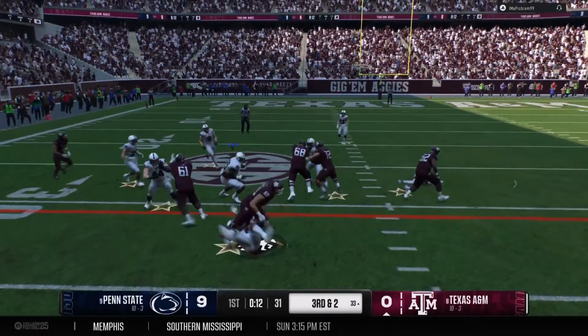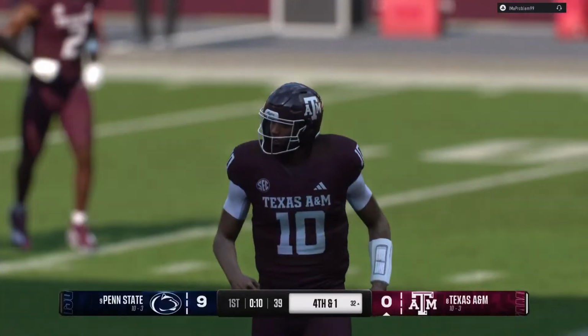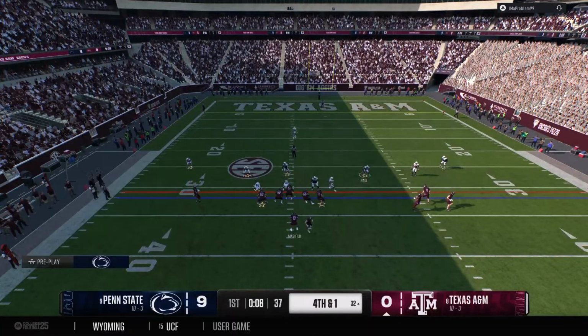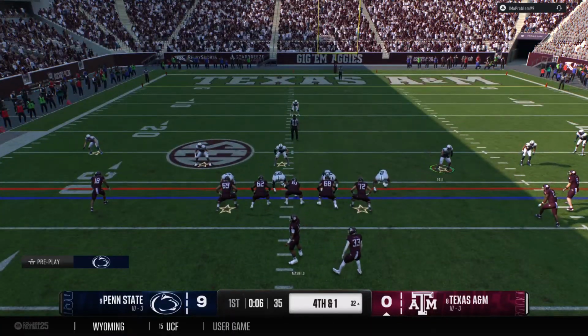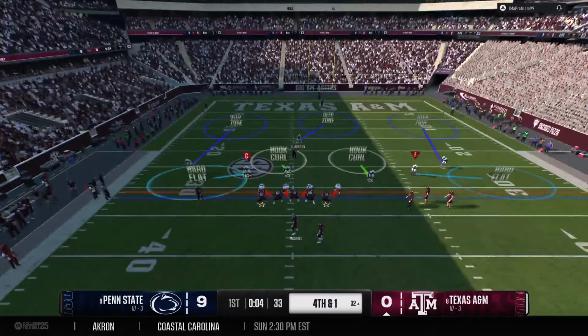Can he get there on the ground? And he'll maybe get back to the line of scrimmage, but no more than that. They need a yard here on 4th down to keep this drive alive.